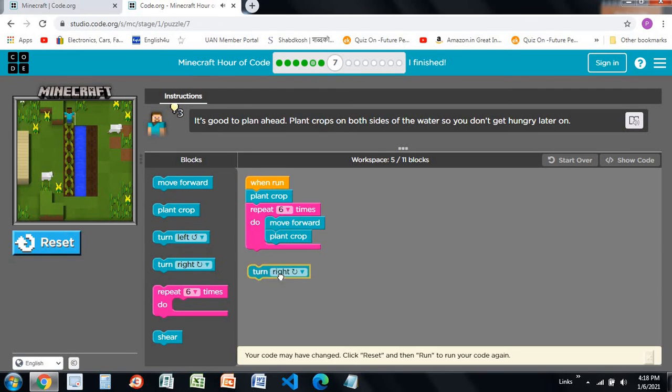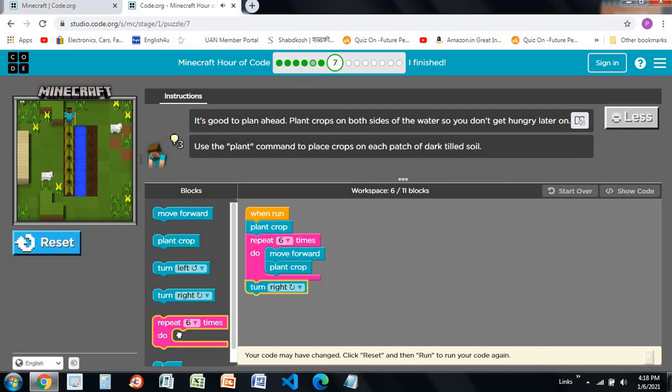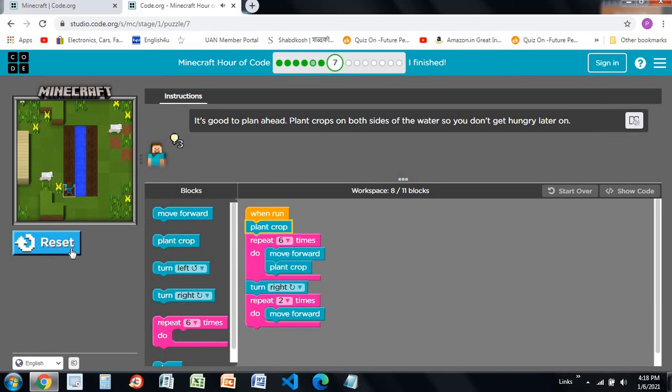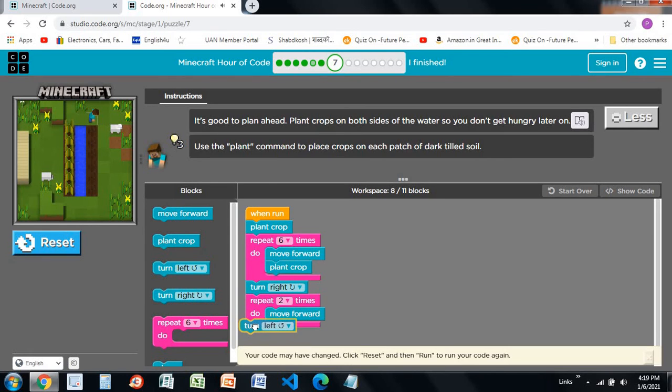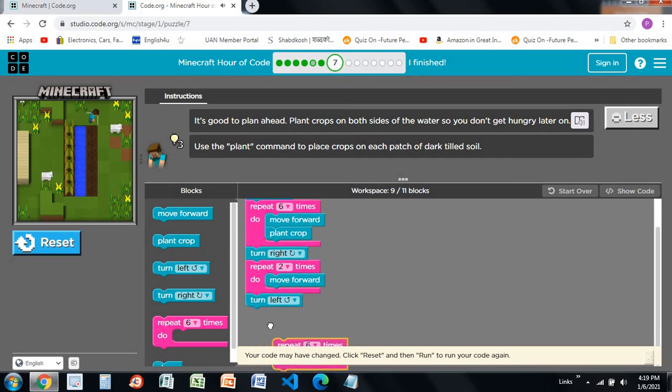Now turn right, move 2 steps forward, repeat 2, move forward. Then it is going to turn. Now it is going to turn left and repeat 6 times or maybe 7.